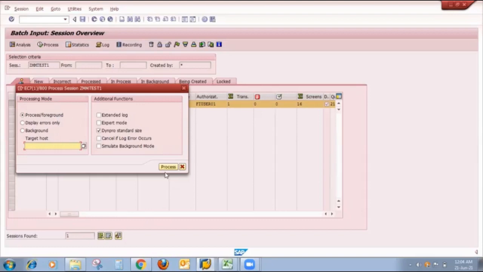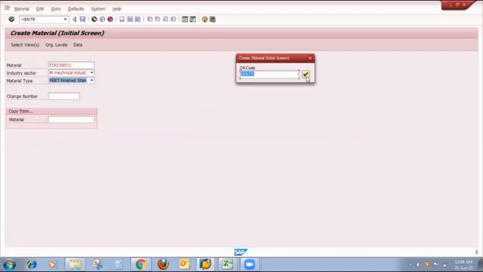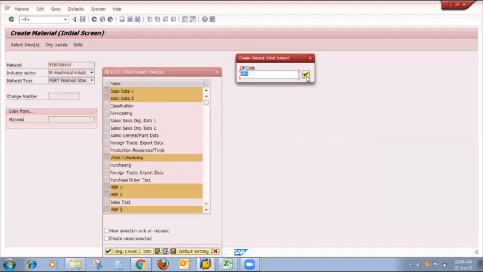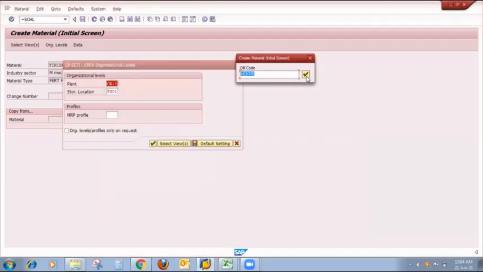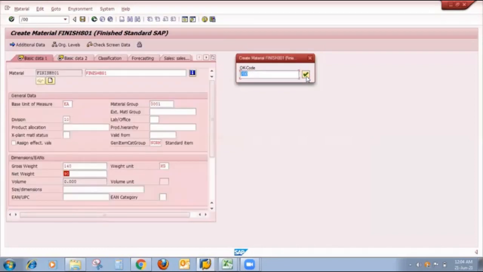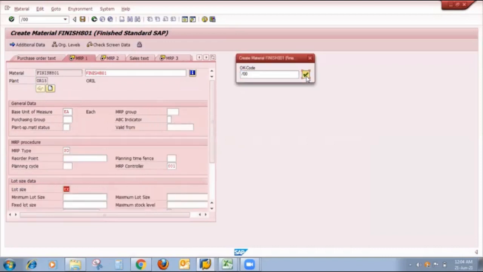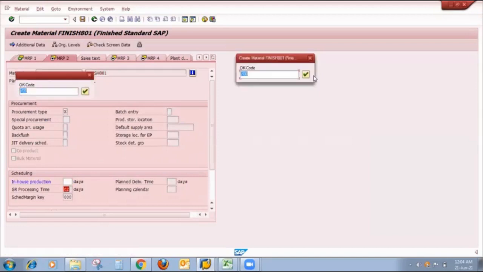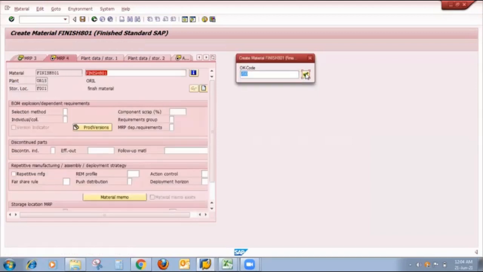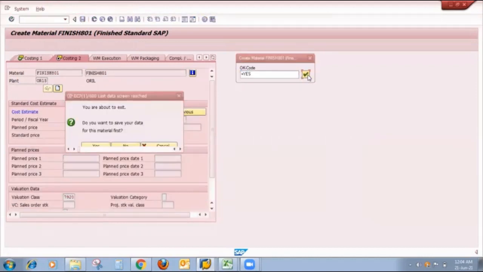So first follow foreground. If I click on process, here we need to click several times because we chose the foreground option. So I click several times, and the system records properly screen by screen. The first screen, second is the view screen, third is the plant and storage location screen. I only click here several times, and the system converts properly. Yes, the system moves ahead, accounting view, costing view.